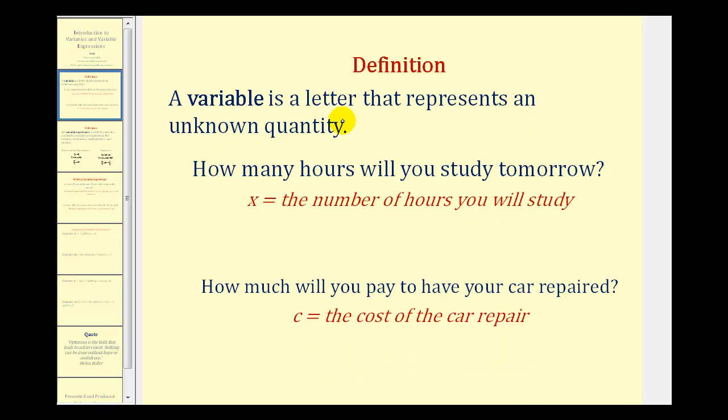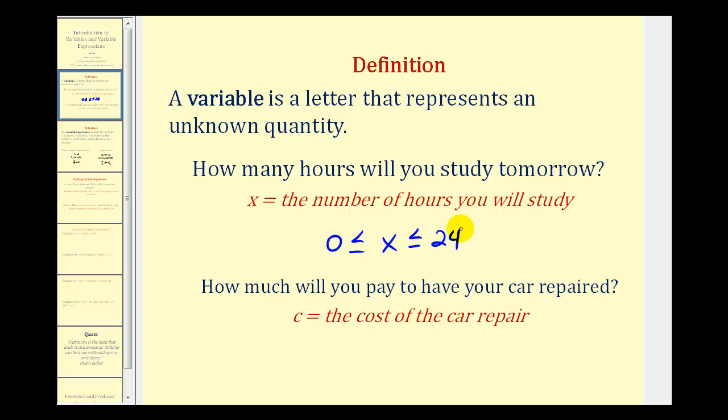A variable is a letter that represents an unknown quantity. For example, if I ask you how many hours you will study tomorrow, this will be an unknown quantity, so we assign the variable x to equal the number of hours you will study tomorrow. In this case, there would be some restrictions on the possible values of x because there are only 24 hours in one day. So the value of x would have to be greater than or equal to 0 and less than or equal